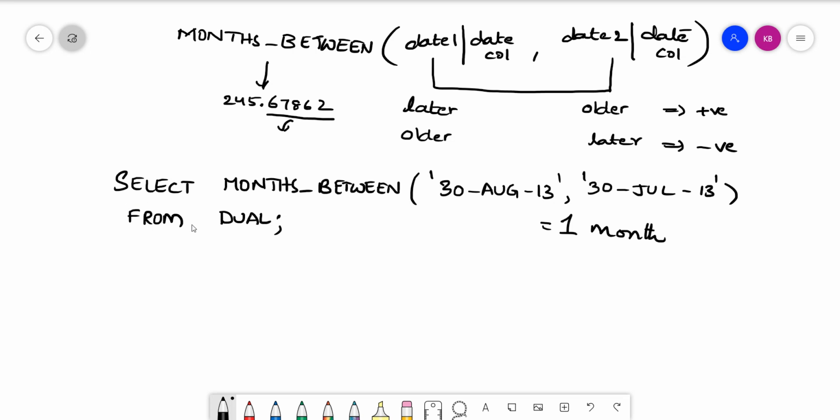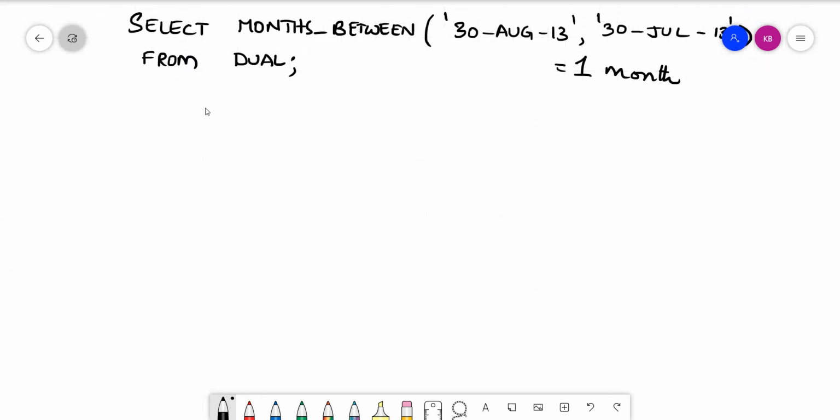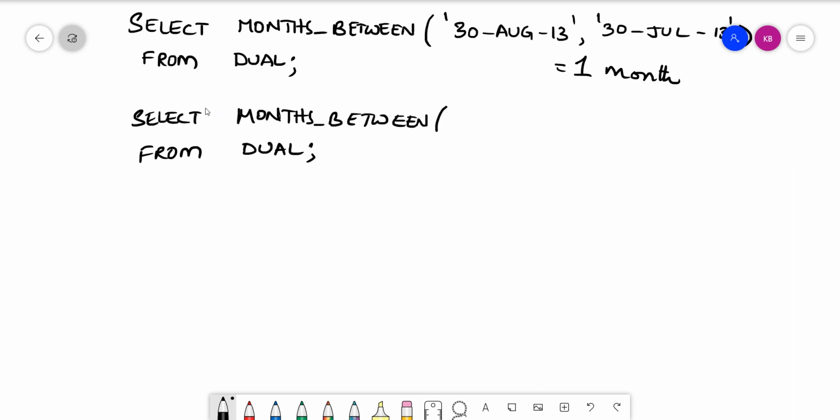If you provide it in the reverse way, suppose I write select from, again the same table dual, now months_between, and I specify 30th July 13, comma 30th August 13.